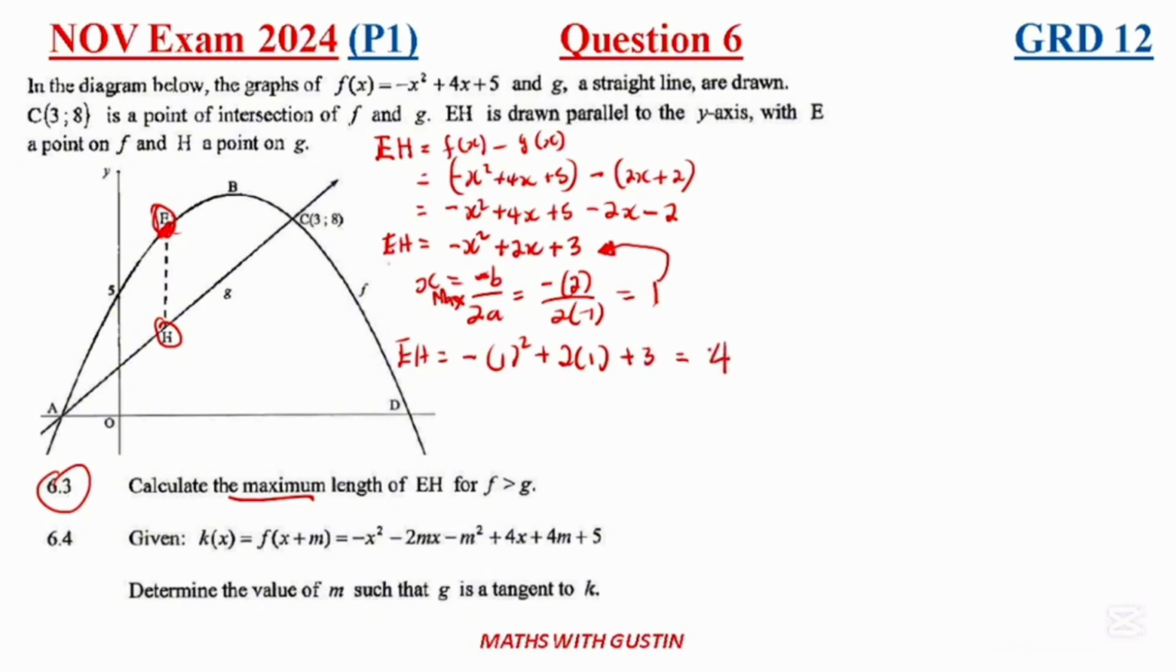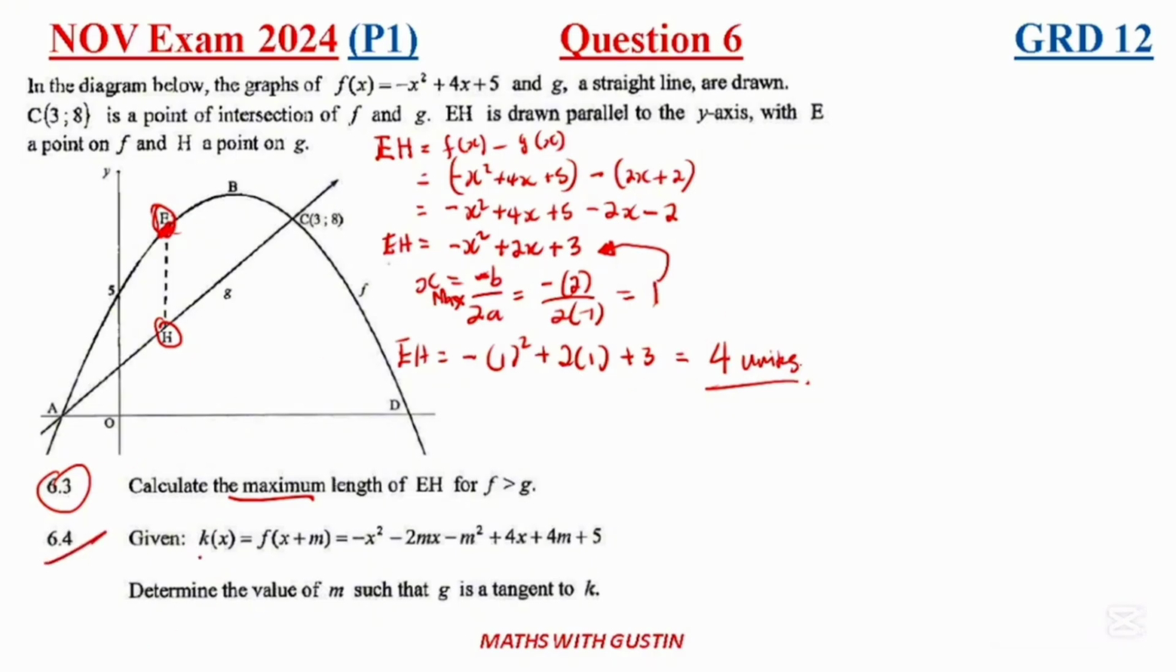So now you can come here and say, therefore EH is equal to 4 units, because that is the maximum length. So this is the x at maximum, and it gives you the maximum length of EH. Please don't make a mistake, guys, when it comes to this one. All right,